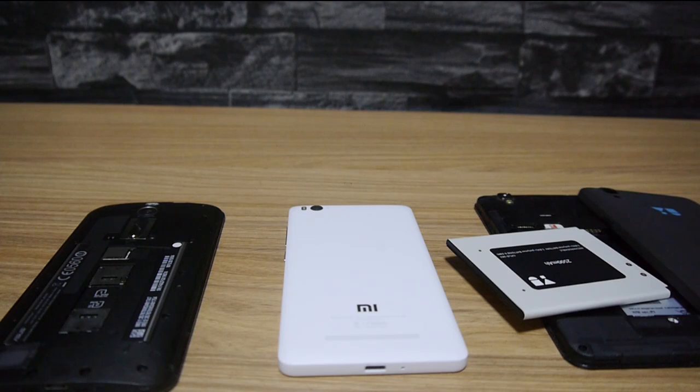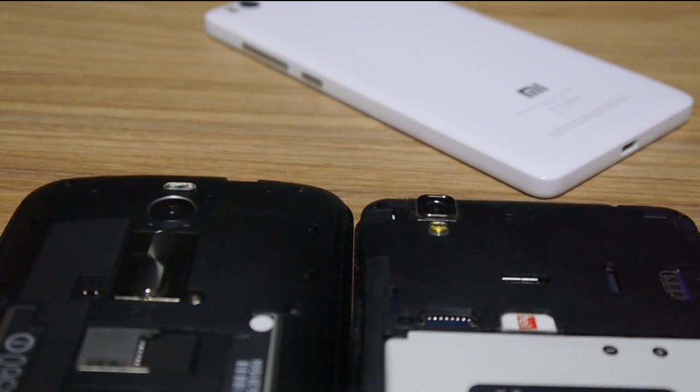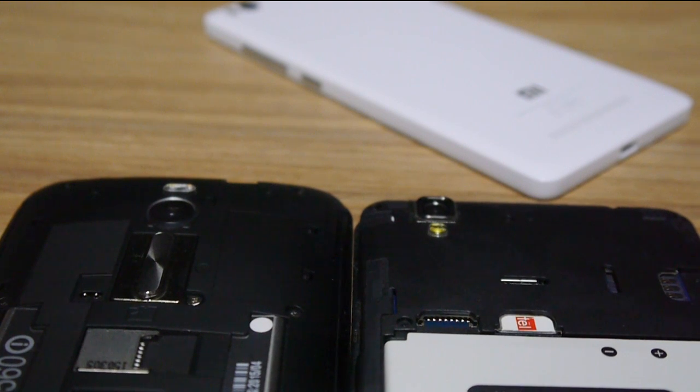For those of you who wish to be able to swap your batteries, the Mi4i and Zenfone 2 are non-replaceable, while the battery is replaceable on the Yureka. Storage is another area where the Mi4i falls behind. While all three phones offer 16GB internal storage, the Mi4i does not offer a microSD slot,